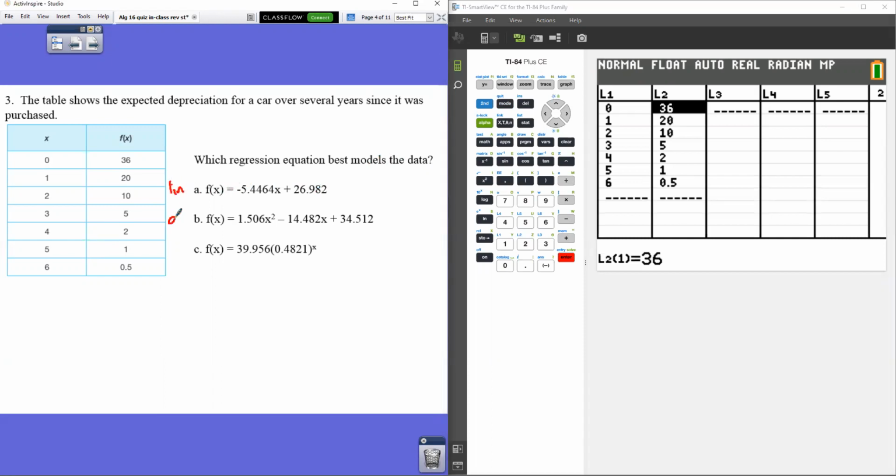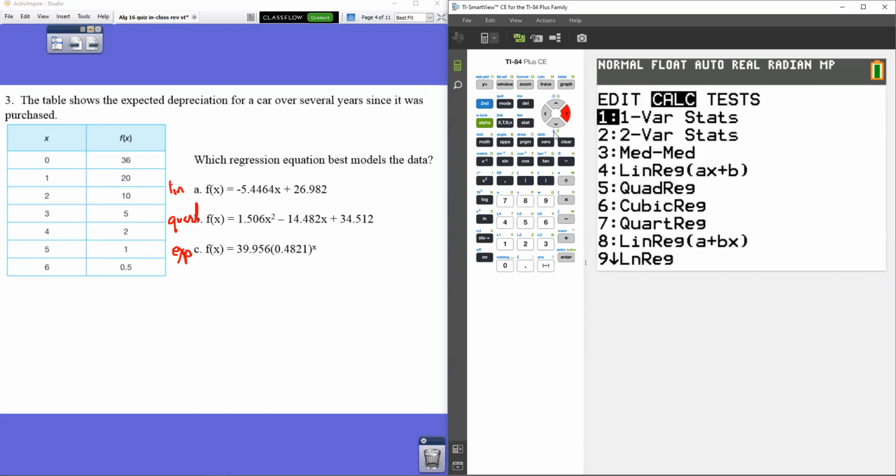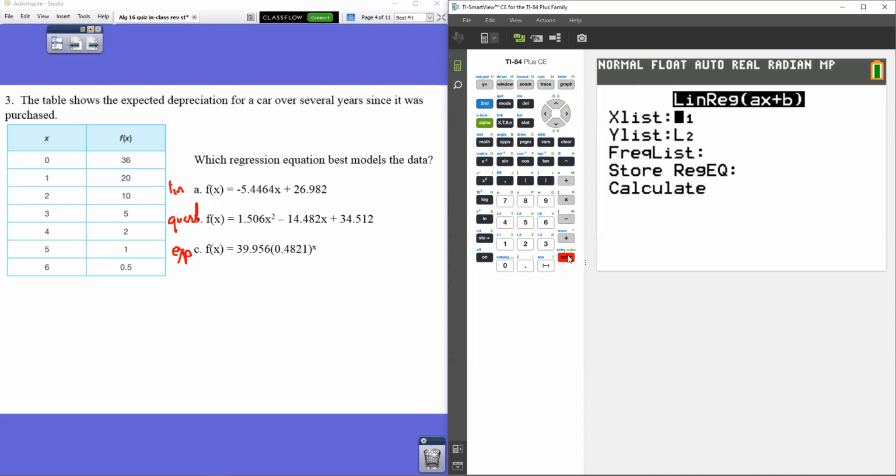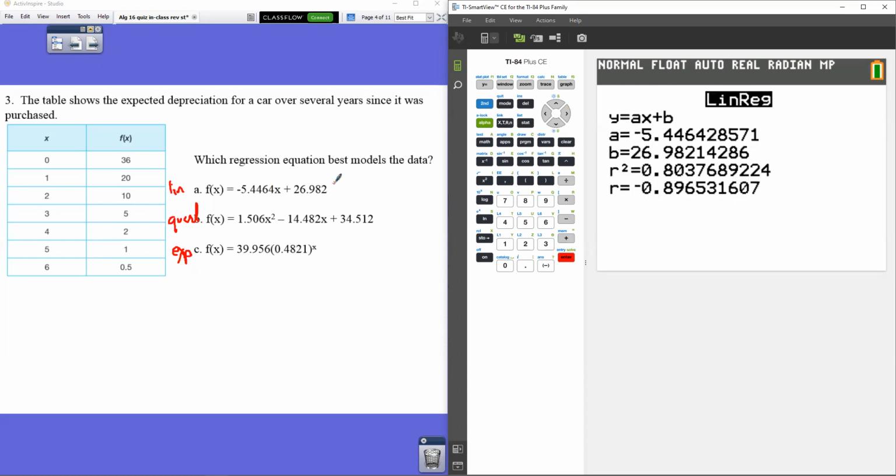So what we need to do is this is a linear equation. This is clearly a quadratic equation. I can tell that because of the x squared. And this is an exponential. I can tell that because of the to the x power. So we need to do each one of those types of regressions and see which R value is closest to 1. Remember, you have to have your stat diagnostics on. So trying out choice A, when I go to stat calc and number 4 for linear regression and do my calculations, I can see that it has an R value of